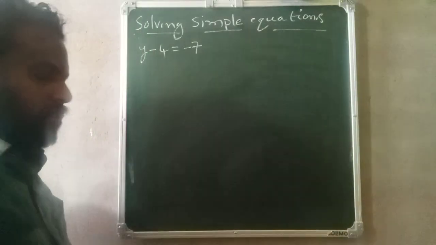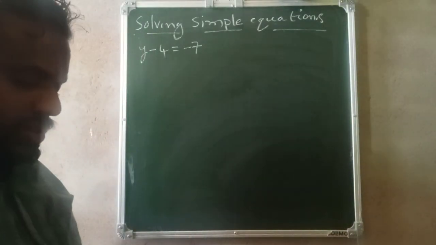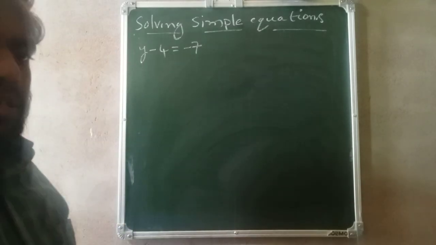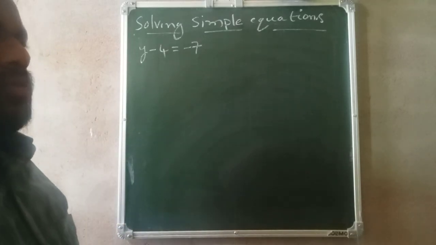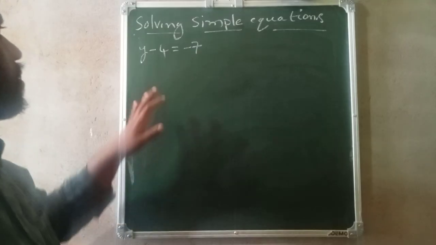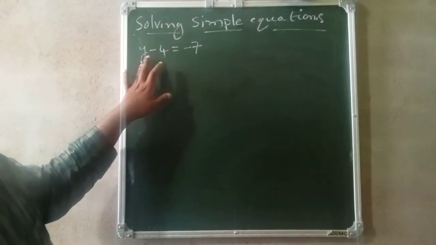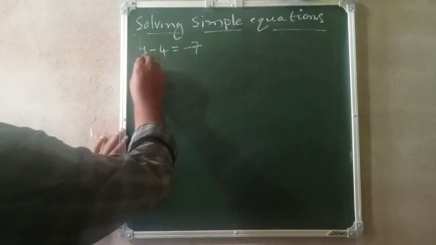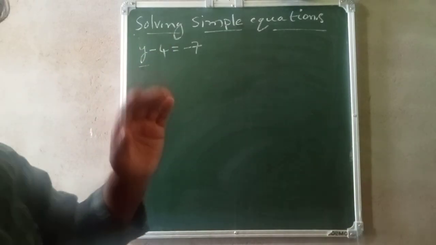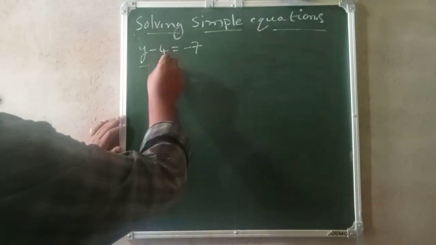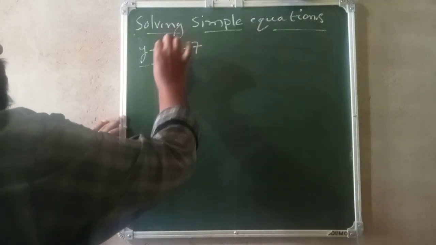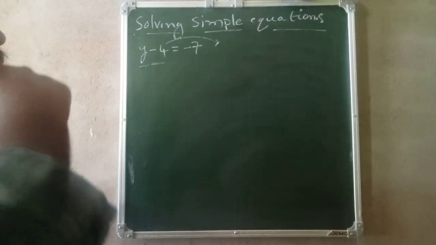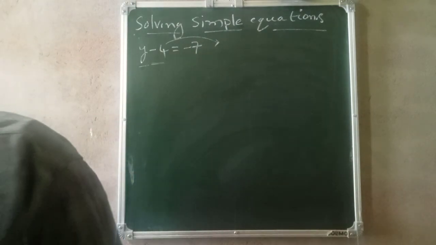Okay, so here the variable is y. We have to find the value of variable y. So keep this y on one side, remaining whatever is there you move that to other side. So remaining is minus 4. We have to move this minus 4 to this side. Okay. So in the next step,